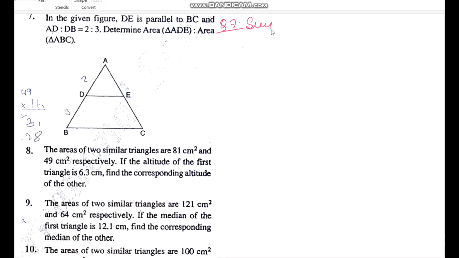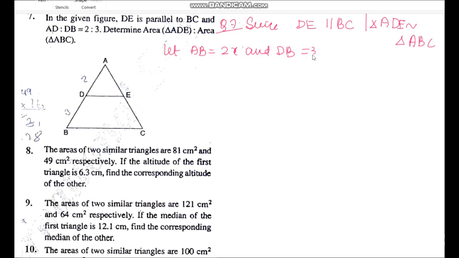Since DE is parallel to BC, I can say that triangle ADE is similar to triangle ABC. Now let AD be equal to 2x and DB equal to 3x. This implies that AB is nothing but AD plus DB, which is 2x plus 3x, equal to 5x. Now similarly, the ratio of their area,